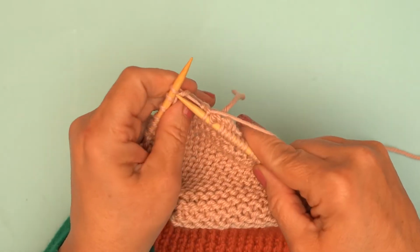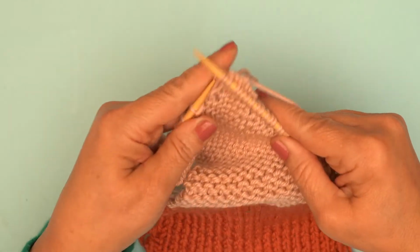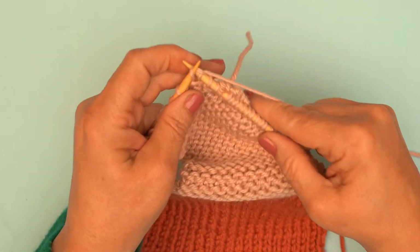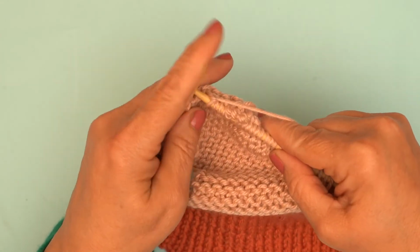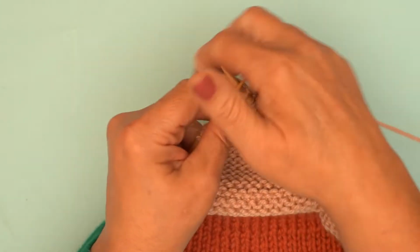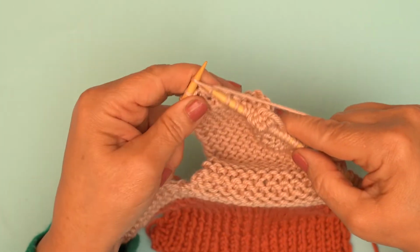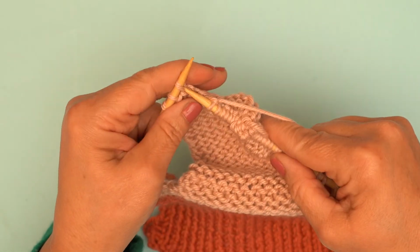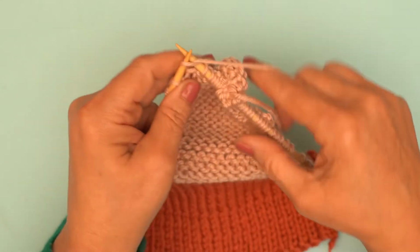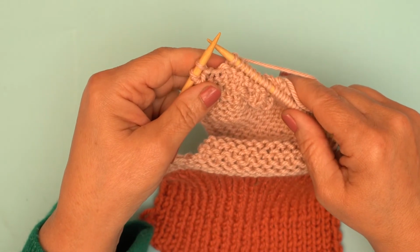1, oopsie, 2, 3, 4. It's a little bit twisted. 5, 6, 7, and 8. And then at the end here, we're going to do something called